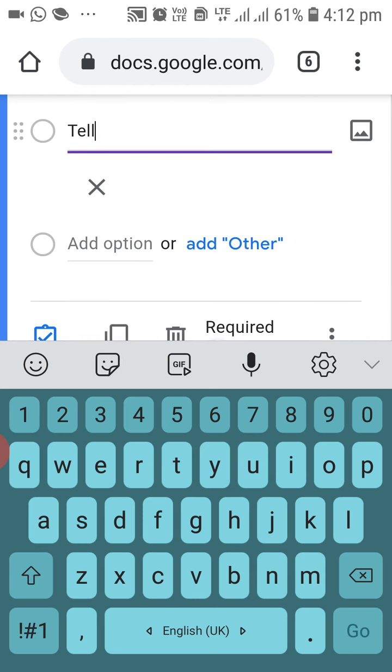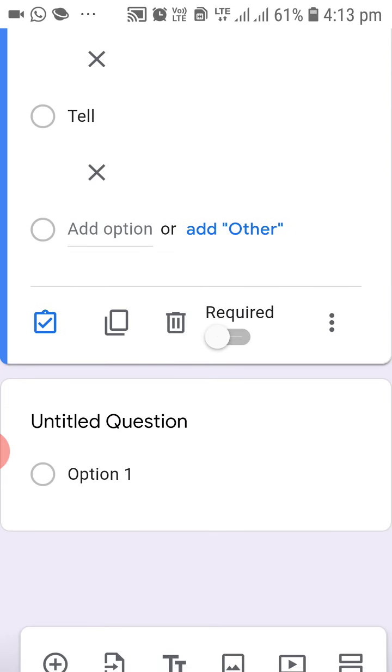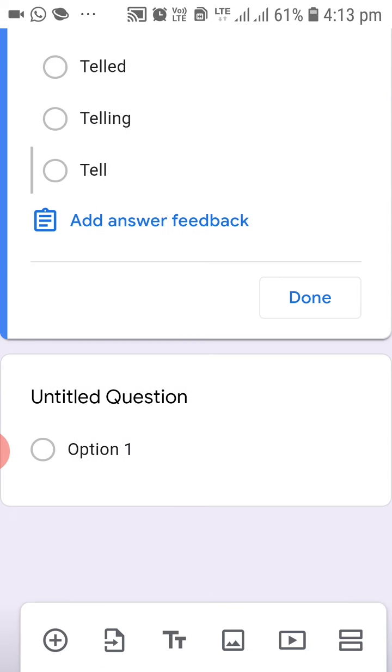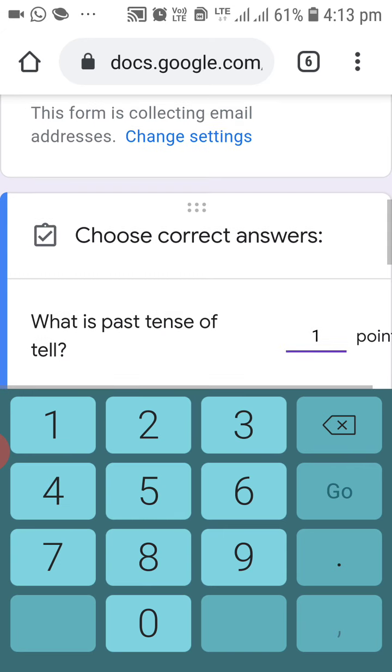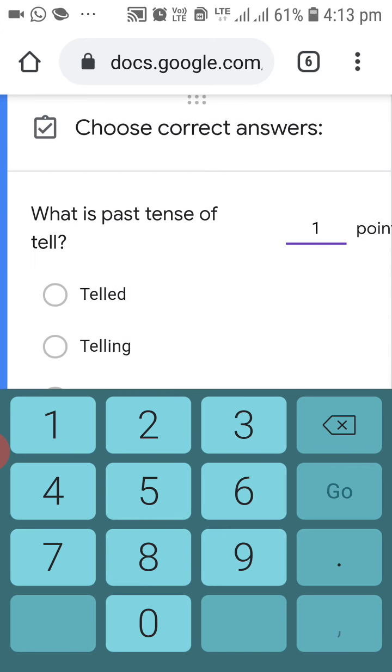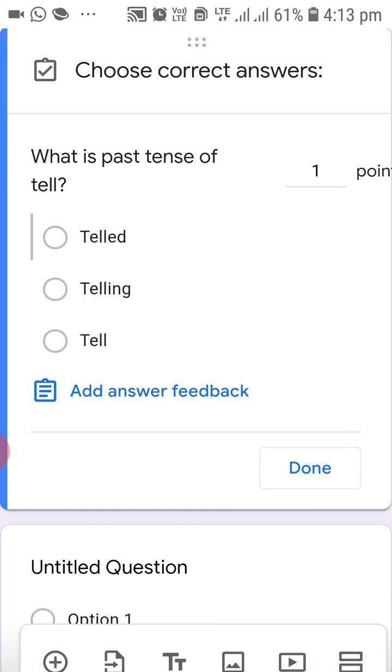So once this is done, then again you will see the first blue color small square. Click on that. Here you can write the point value, if you are giving this question for 1 mark, 2 marks, whatever it is. So here I'll type 1. It depends on you. If your question is of 2 marks, you can write here 2. Then I have to click on correct answer.